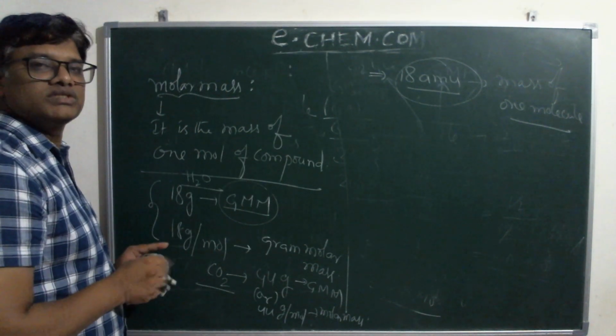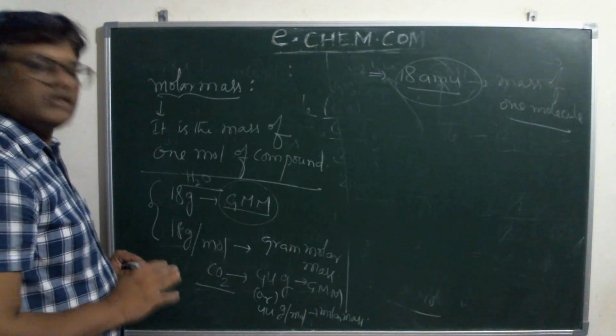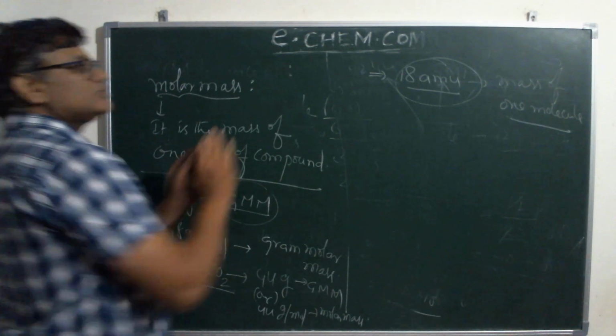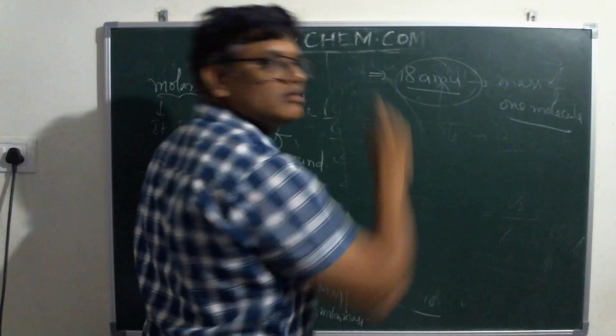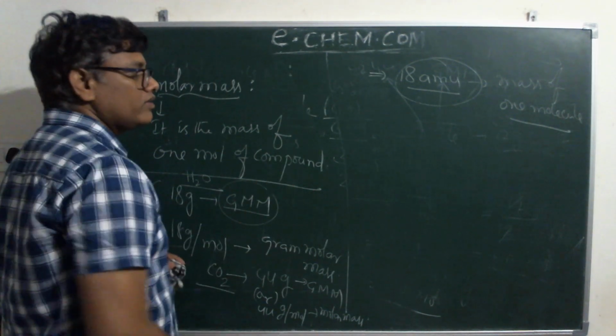Many students are confusing AMU and gram molecular mass. Here it is total mass per Avogadro number of molecules. There it's mass per one molecule. This is the main difference, right? Okay. Now